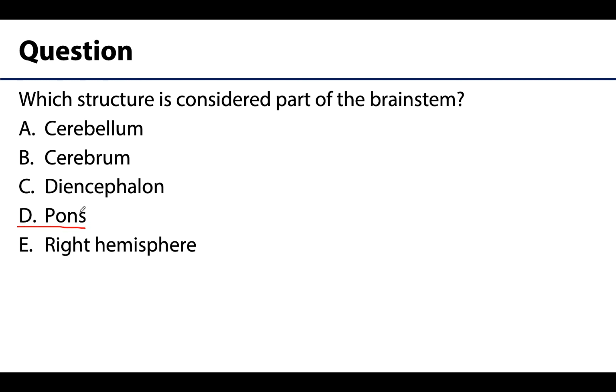The midbrain, the pons, and the medulla oblongata are components of the brainstem. Your cerebellum is close to the brainstem. It's going to be posterior to it, but is not part of the brainstem. The diencephalon is part of the core of the brain, not part of the brainstem. The right hemisphere could be either the right hemisphere of the cerebrum or of the cerebellum, but not of the brainstem either. All right, so review this material and make sure that you have these basics down before you get into the neurovasculature of the brain,